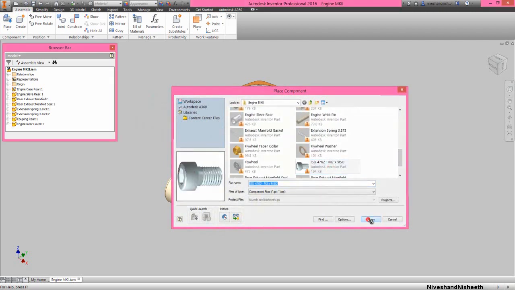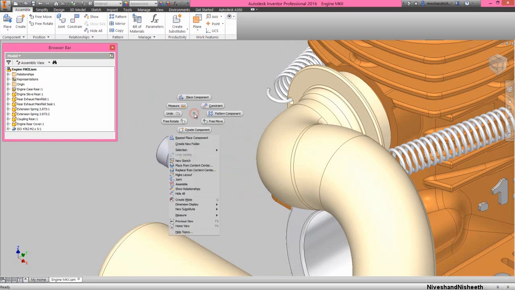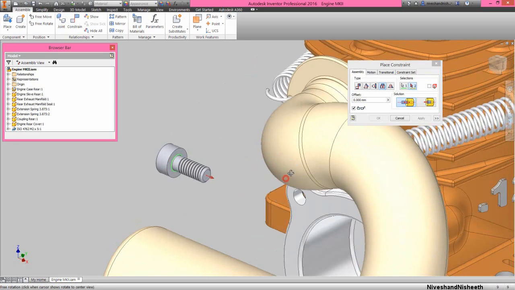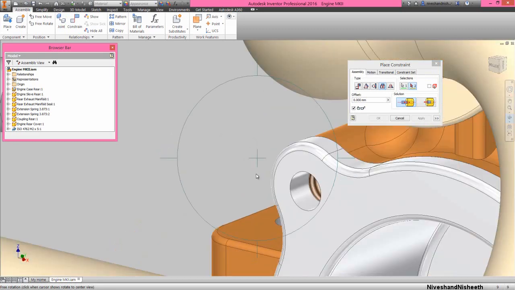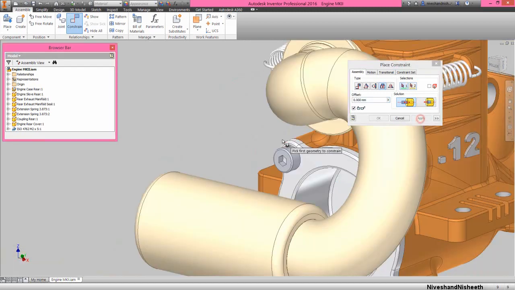Now we will place this bolt in this assembly. Activate the constraint command, select the insert mate option from here and select this edge of the bolt, and rotate the model and select this hole edge of the engine rear cover and apply insert mate between them.